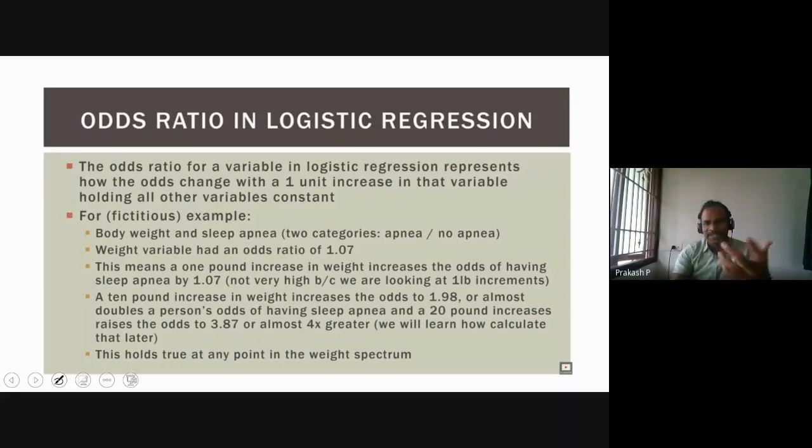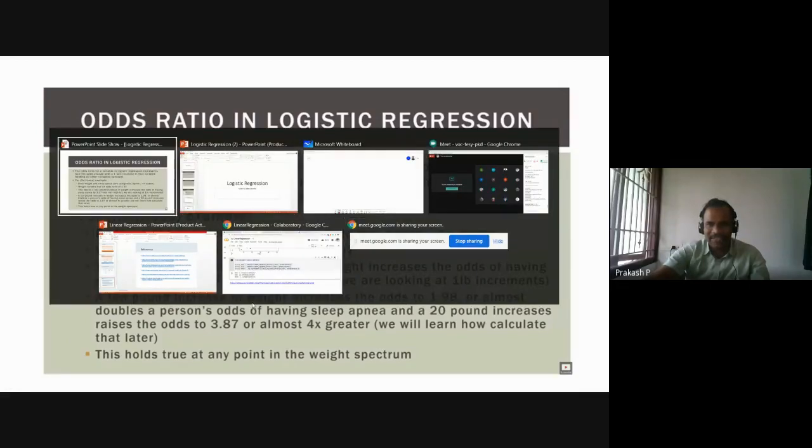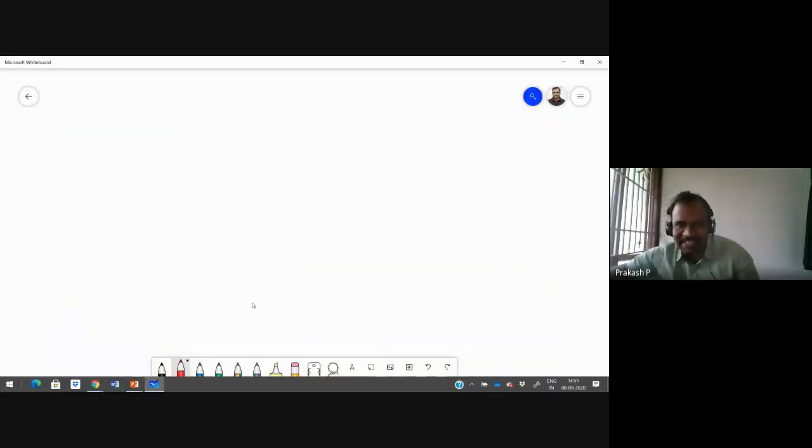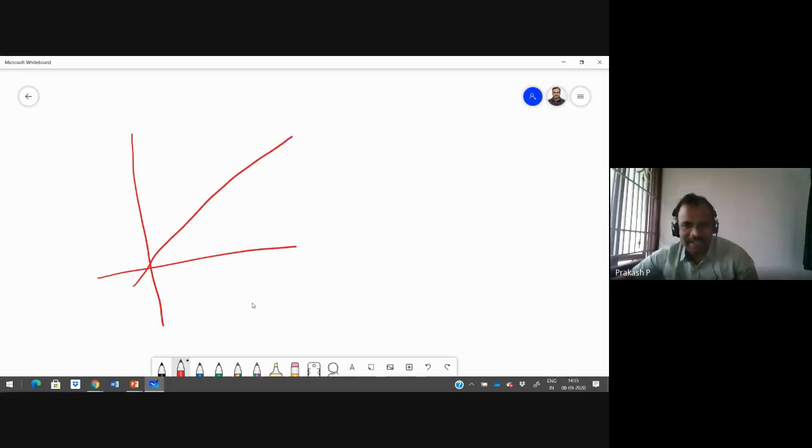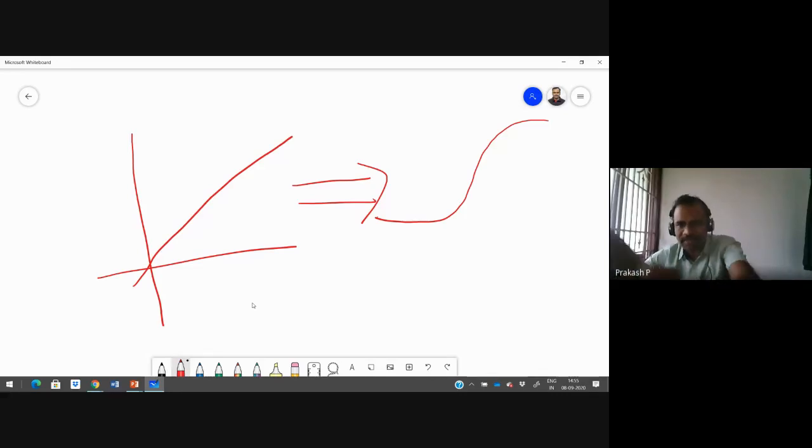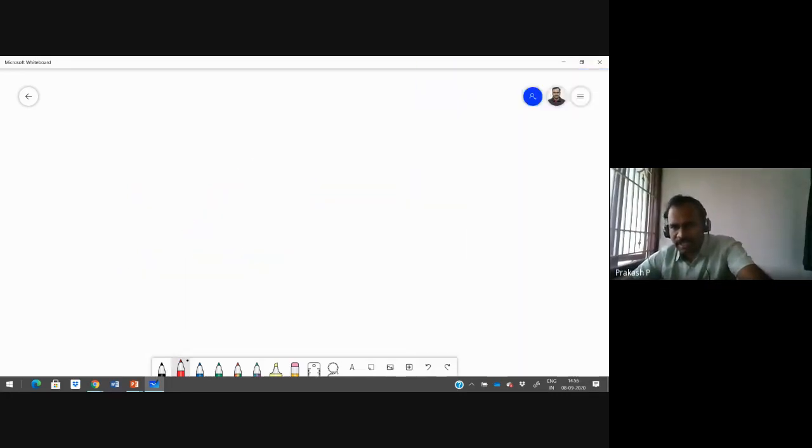Suddenly sir moved into some topic, and some people are still confused or may not have followed. I will give a small insight into what is happening. Assuming that now we have a straight line, what I am trying to do is convert this straight line into a sigmoid curve.